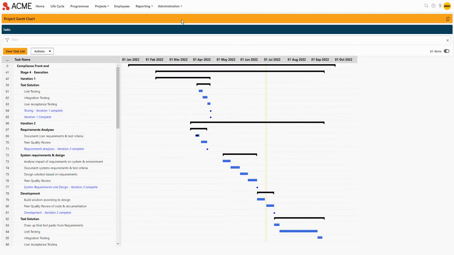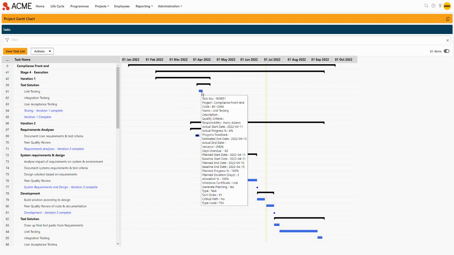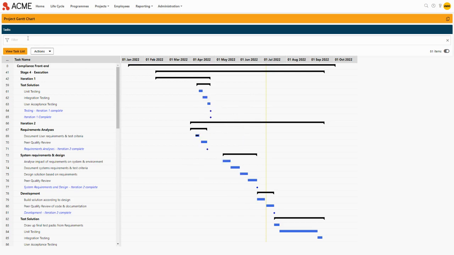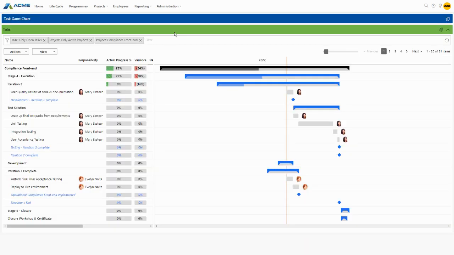The next change relates to viewing the responsibility on a specific task. Currently, the only way for you to be able to see who's assigned to a task is to hover over the task itself on the Gantt view and go through the detail. Another option is for you to apply the responsibility filter and choose which resource you would like to view the tasks for. You can see the avatar in the task list itself on the left-hand side and also on the